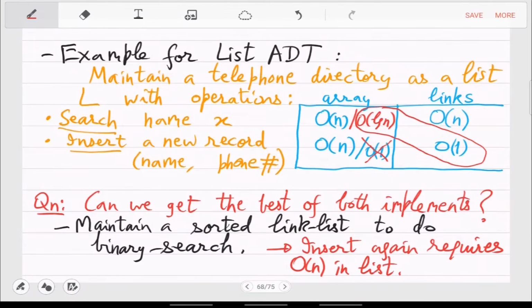Okay, so how do we get around this problem? How do we keep the linked list sorted and still get almost order 1 in both the important operations which we are interested in a directory? First observe that to do binary search, what you want is the middle pointer, right?